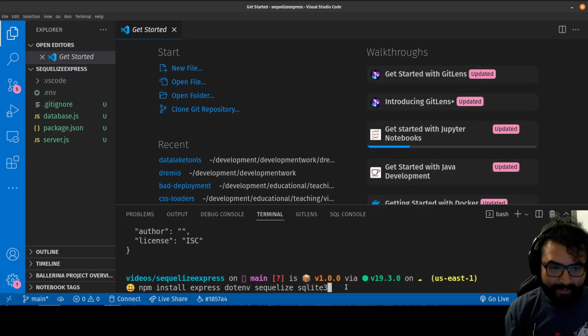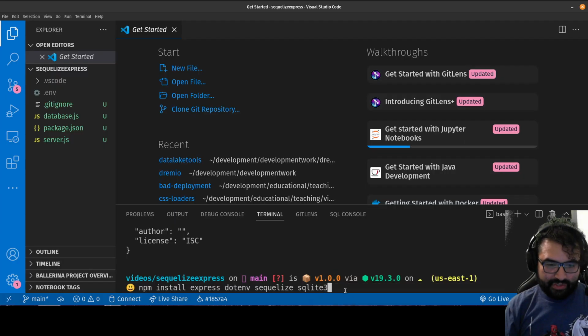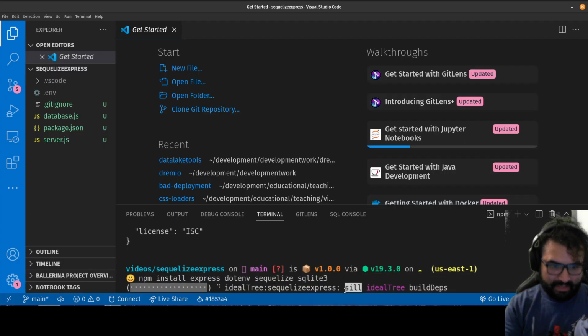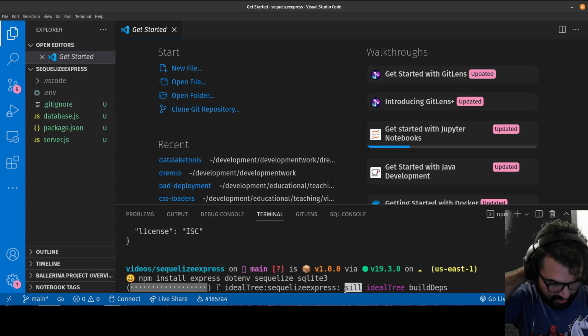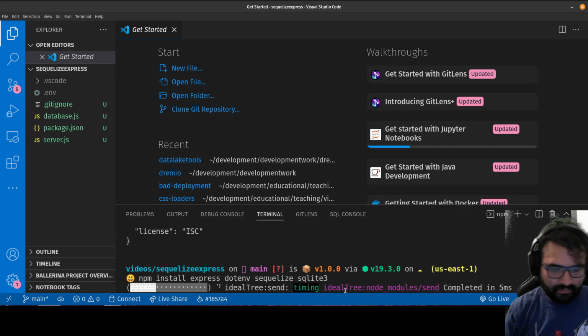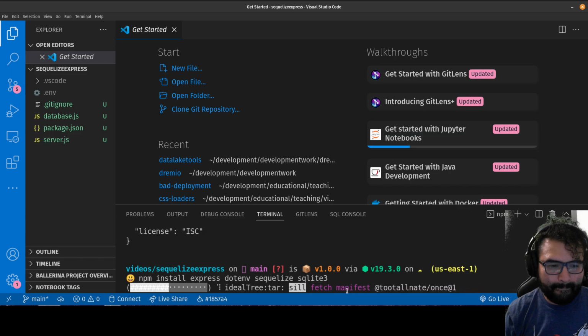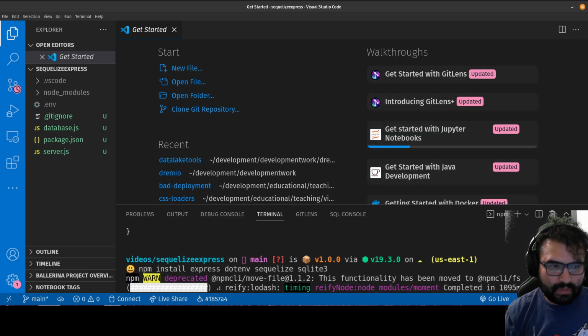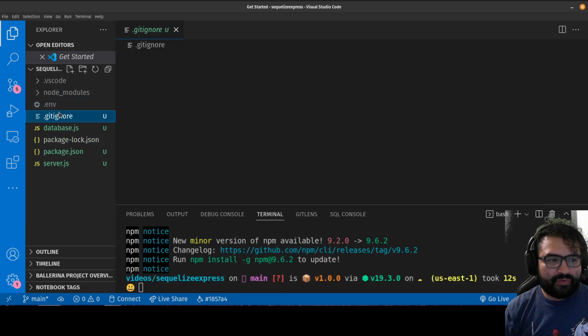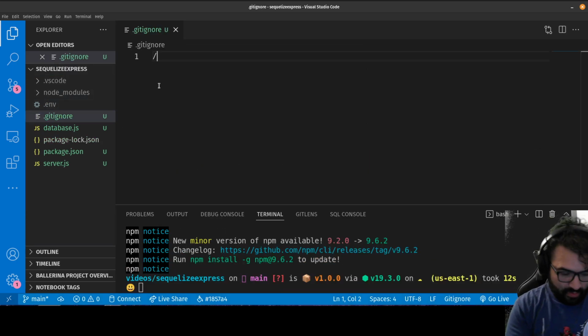SQLite 3. Okay, so that should be the main things that I need. Okay, so I'm installing all that. Okay, cool. And basically what I'm gonna do is first go here, my .gitignore, and make sure I ignore my node modules folder,